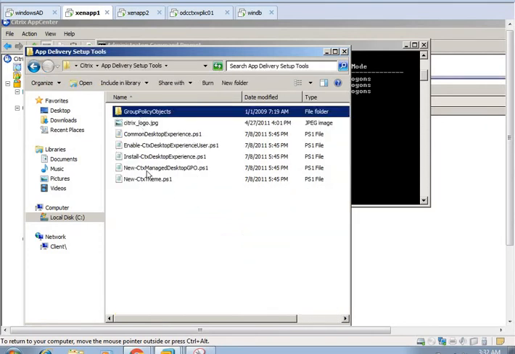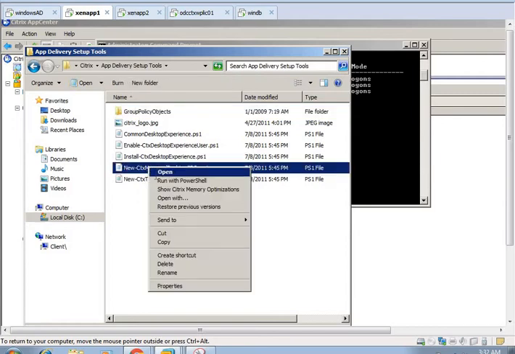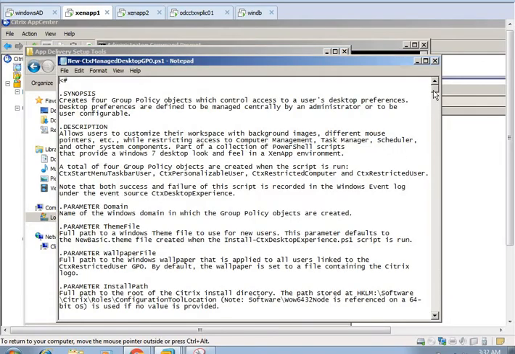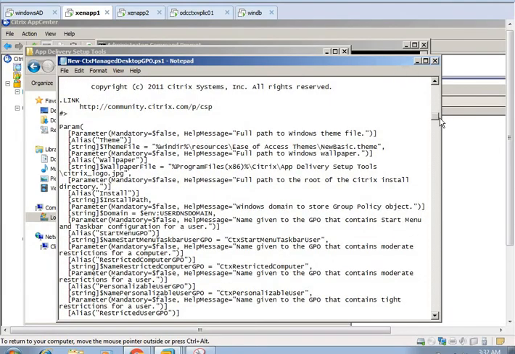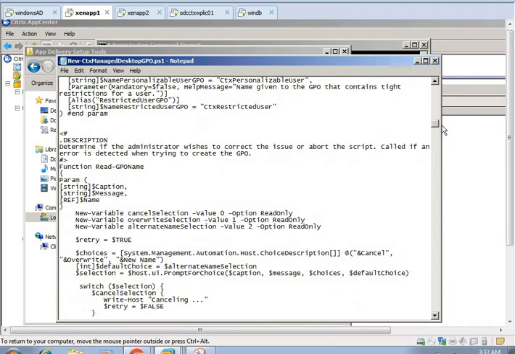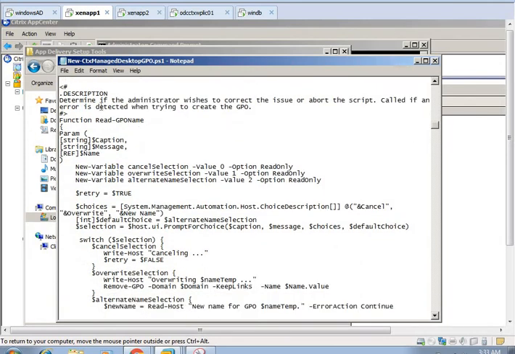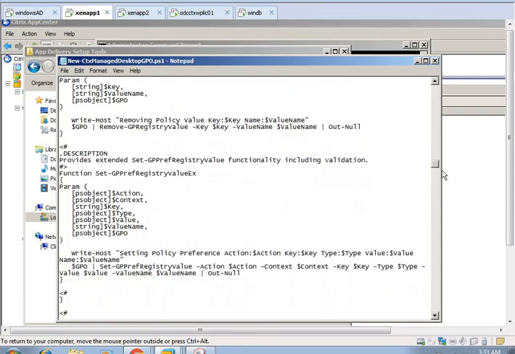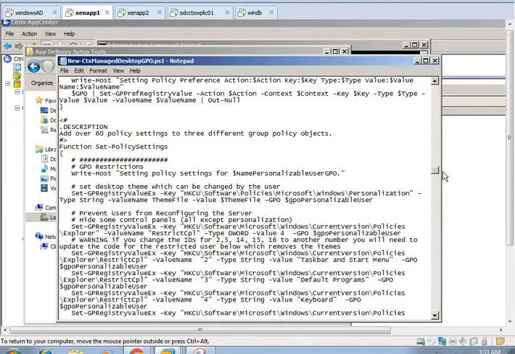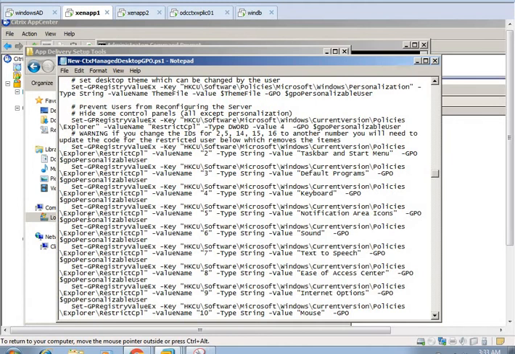The application delivery tools are PowerShell based scripts. Once we open it, we can see the description and the commands. You can see the commands over here. This is the script which we can run for Citrix XenApp 6.5, and it makes changes in the registry values also.